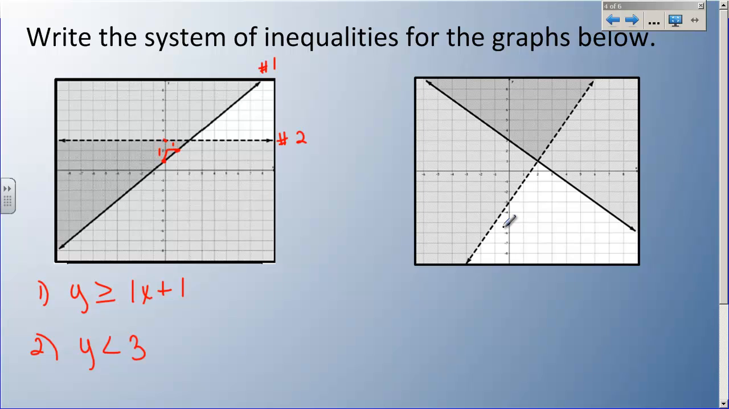The hard part of this is just going to be figuring out which symbol to put. Y'all have written equations of lines before, so that part shouldn't be new. So let's do another one. This is line 1, and we'll call this one line number 2. So number 1,